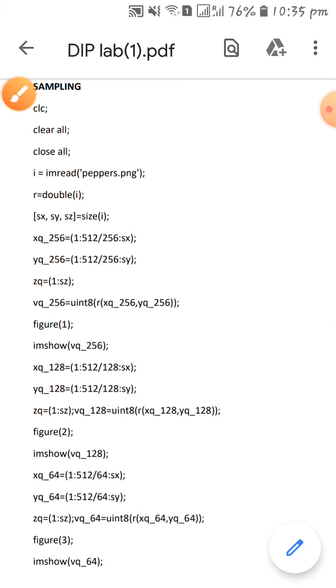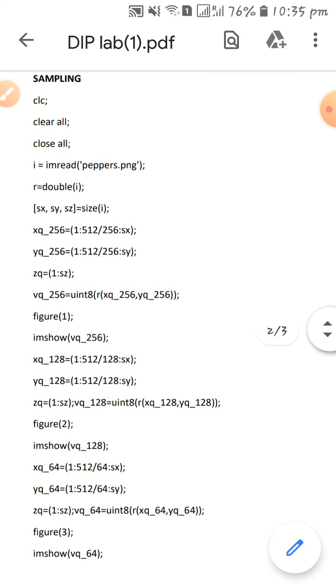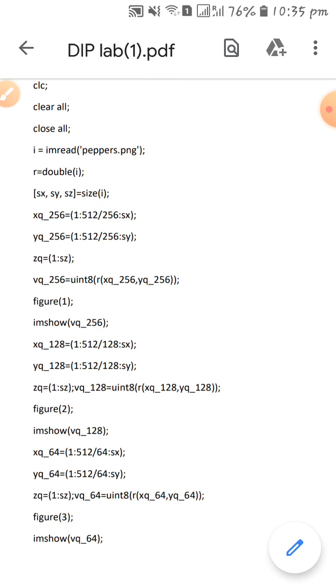So first we are clearing the command window, second we are clearing the variables, third we are closing all the figure windows which are already open, and then we are loading our image. imread is the function which is used to load the image into MATLAB. IM stands for image and read is for reading the image. So we are reading peppers.png.